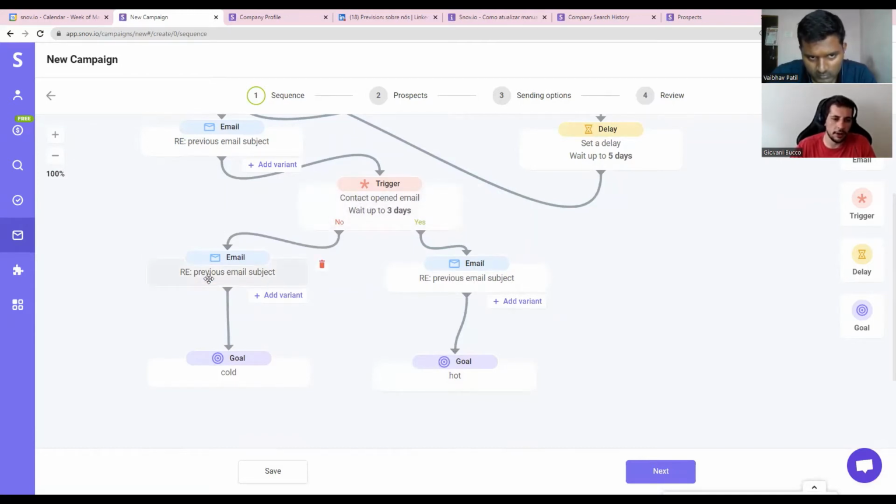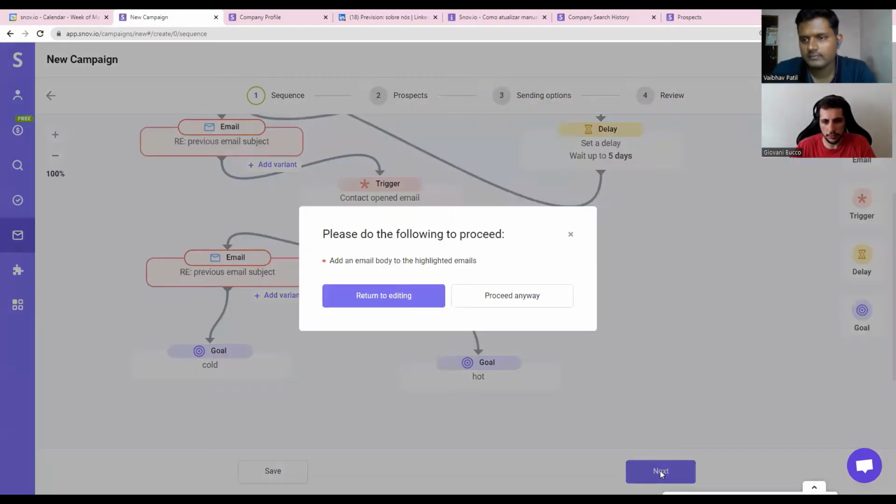We'll send this email. As they didn't open, I created a tag for them, and I'll show you guys in a moment where the tag is at. But we created 2 tags. One is cold and one is hot. So I know that who opened this email is hot and who didn't open is cold. Is it clear? Okay, cool. Let me proceed.